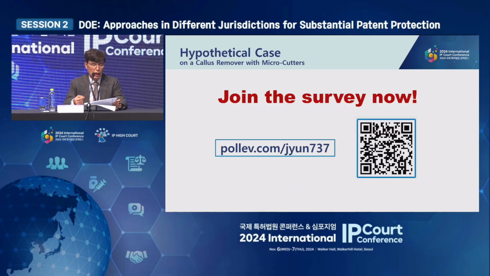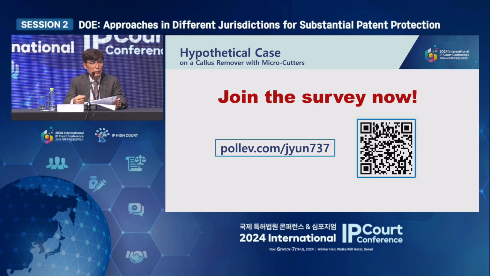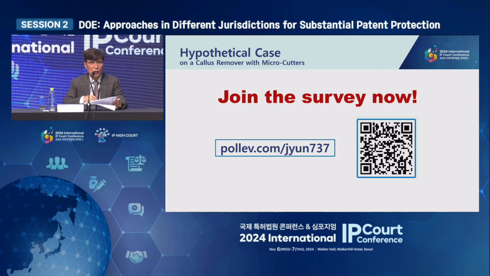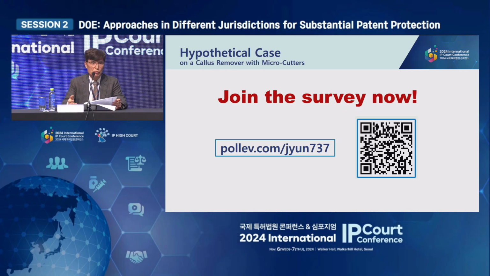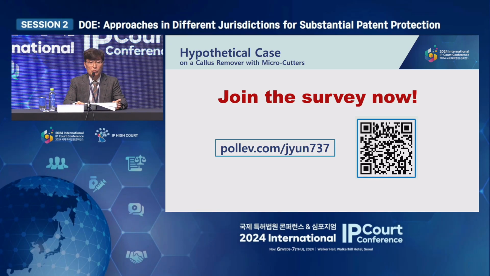And we do have a survey for you regarding this hypothetical case. So this patented invention, do you think that the defendant's product constitutes an equivalent infringement on the plaintiff's patented invention? And if the gourd shape is the defendant's product and the circular shape is the plaintiff's product, then would the result change? So please join the survey now